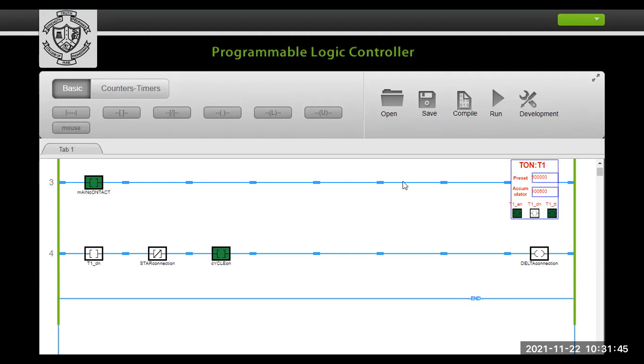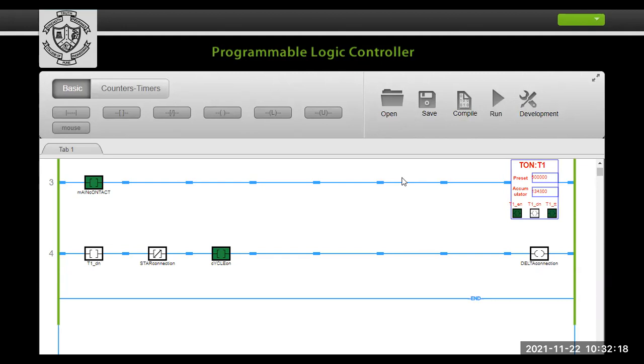Guys, after this we have to go for the control circuit, because in your automation circuit the ladder logic is not always possible, but whenever a connection is there, you have to put in some control circuit. So the control circuit is also the same as ladder logic. On the basis of this control circuit, we have to go for the ladder logic, because first we have to give some physical logic.